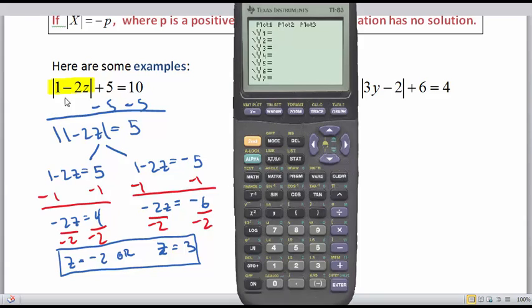So in this case, my left side of the equation is y1, so I'm going to write this as the absolute value of 1 minus 2x, right? Because there's no z variable, you just use x for all the variables. And then plus 5, so that's my left side of the equation, and my right side of the equation is just 10. And if I graph this in the standard window,